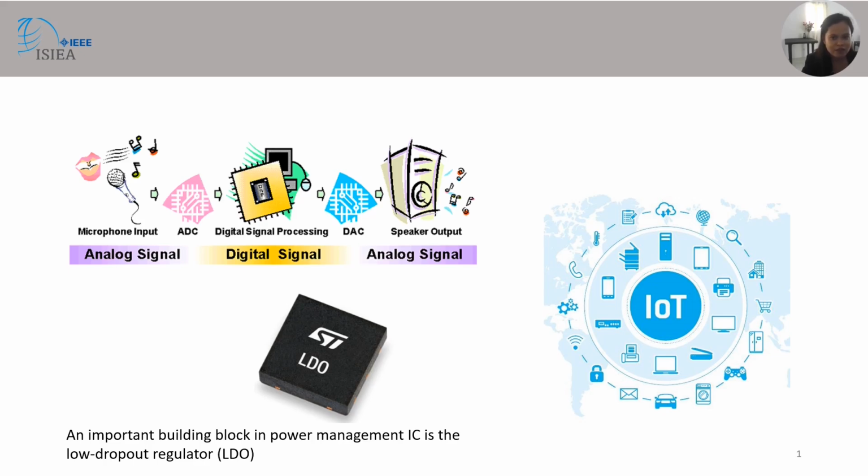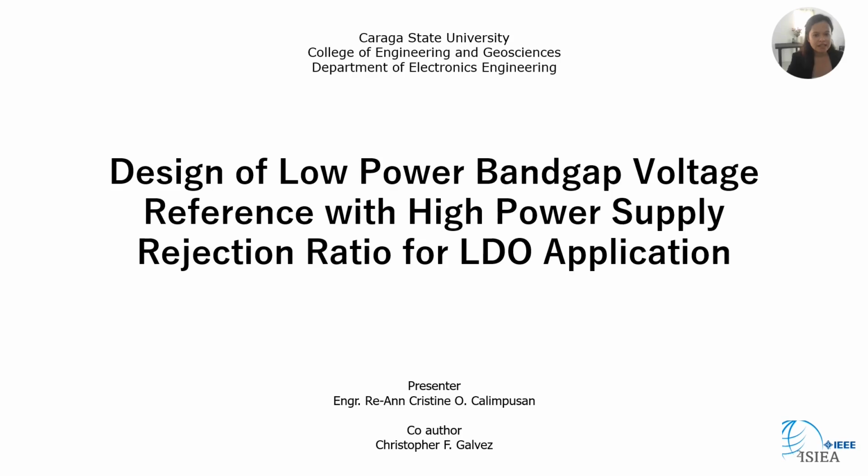The voltage reference is used to provide biasing voltage and at the same time compensate for variation of output caused by the change of voltage, process, and temperature. Thus, on behalf of my co-author, Christopher F. Galvez, I, Ran Cristine O. Calimpusan, would like to present our paper titled Design of Low Power Bandgap Voltage Reference with High Power Supply Rejection